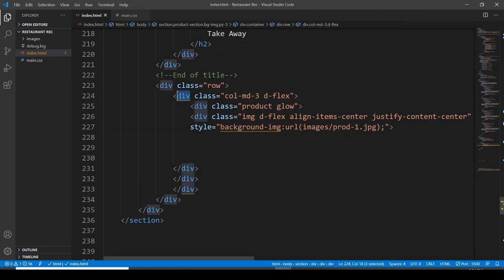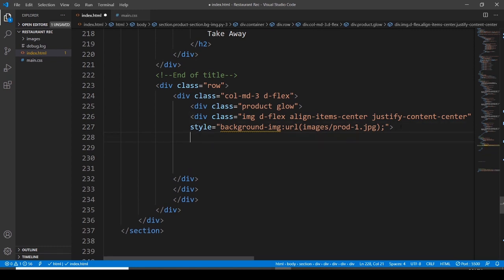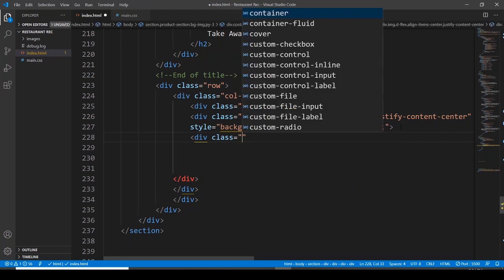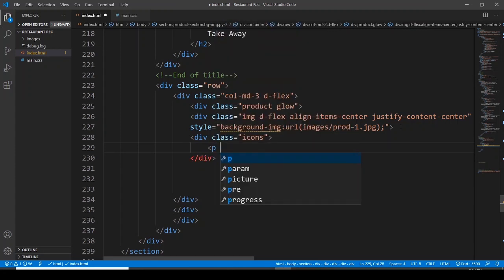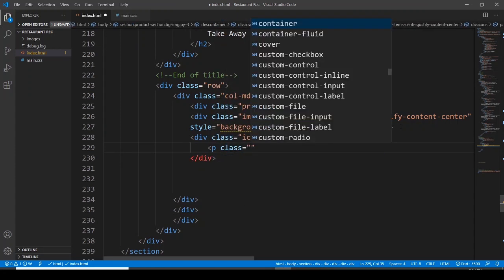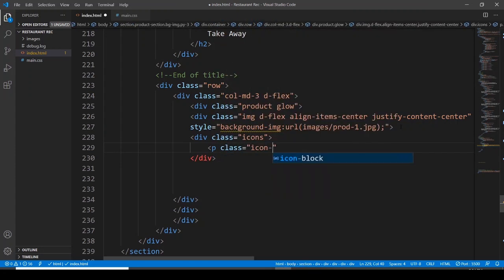Okay, I don't want to have any kind of problems, so I am just trying to match my divs that I have done with them. Now I want to go with another division. I want to assign it a class, and this class is going to be icons, and then I want to have a p element, assigning it a class, and this class is going to be icon block and display